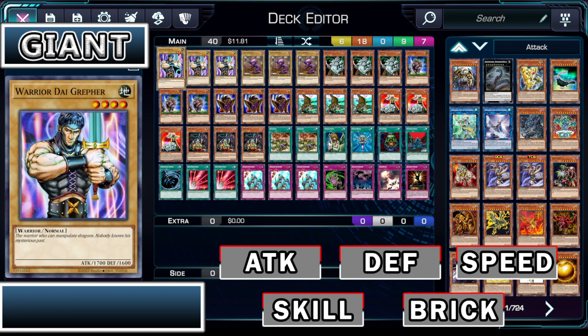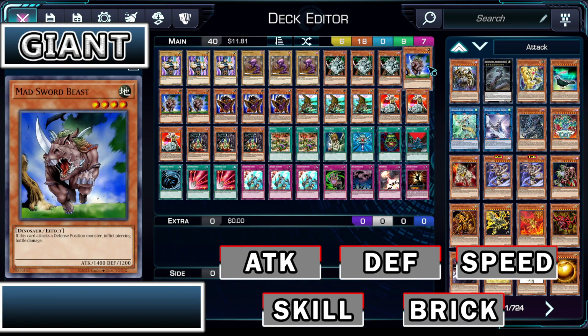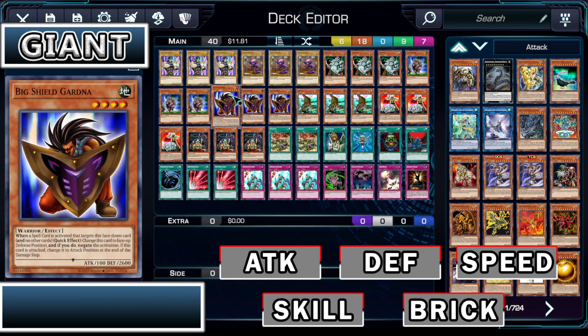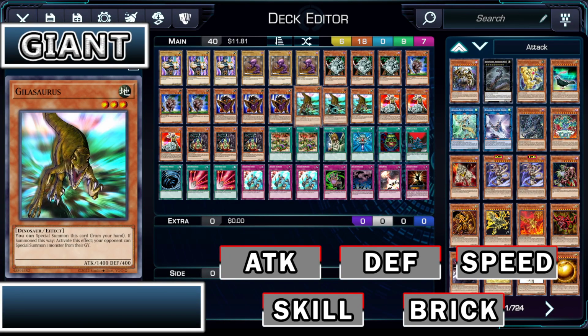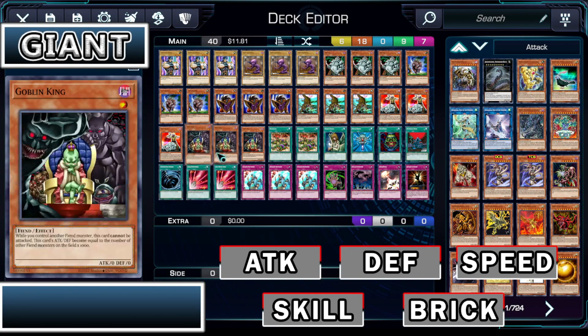They have Warrior Dai Grepher. They have Goblin Calligrapher. They have the Giant Orc. They have the Mad Sword Beast. They have the Big Shield Gardna. They have the Gillosaurus. They have the Second Goblin. And they have their boss monster, the Goblin King, which starts off pretty weak, but for every fiend monster on